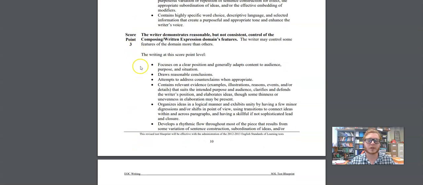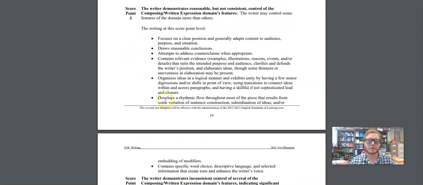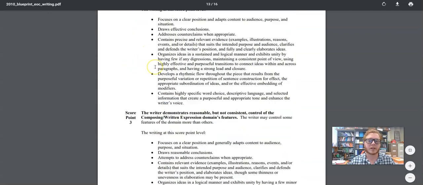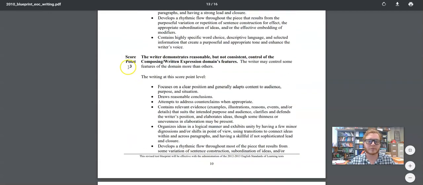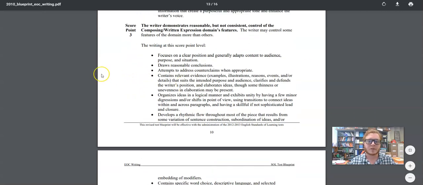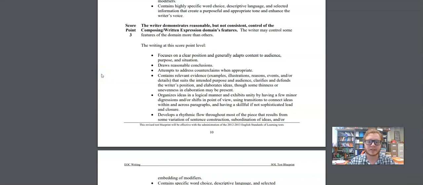So I'm just going to read through point 3. If you got a 3, you can read through the 4 yourself. But this is what we'd be shooting for, a 3. The writer demonstrates reasonable but not consistent control of the composing/written expression domain's features. The writer may control some features of the domain more than others. The writing at this score point level focuses on a clear position and generally adapts content to audience, purpose, and